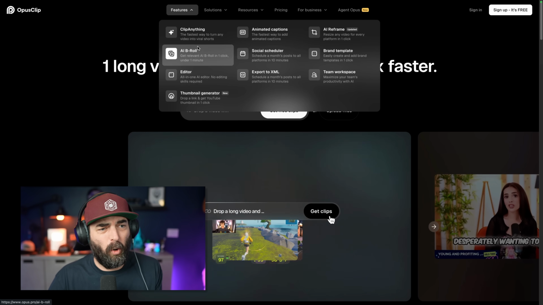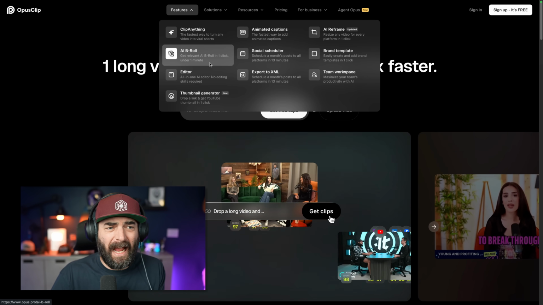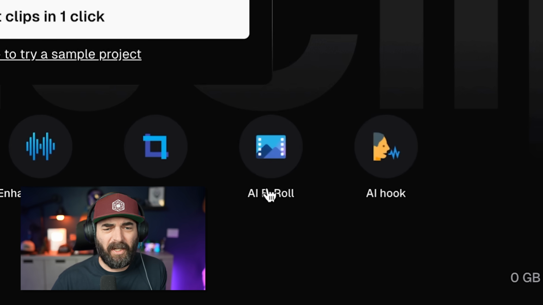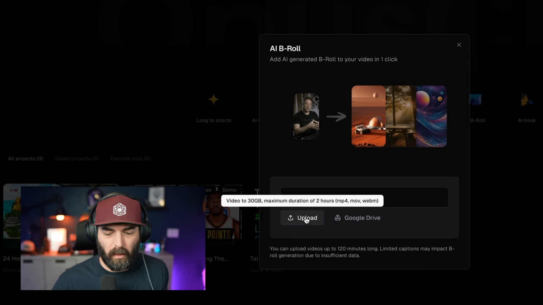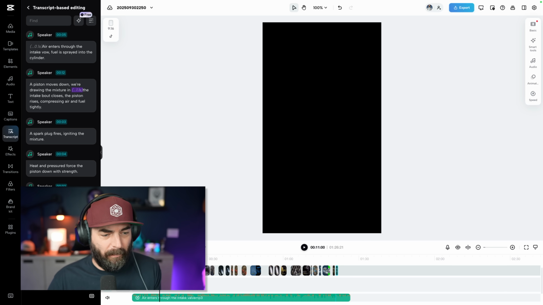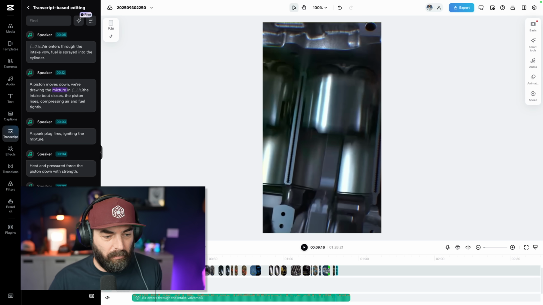Now I do see on the Opus Clip webpage, they do offer AI B-roll, and I can see in my dashboard, there is an AI B-roll. So it is AI generated B-roll, it looks like, but it wants a video. So here's what I'm gonna do. I'm gonna jump over to CapCut, and we can see our video has a lot of black gaps in